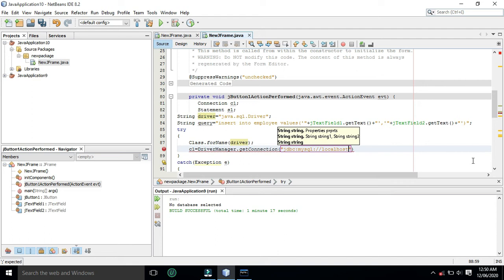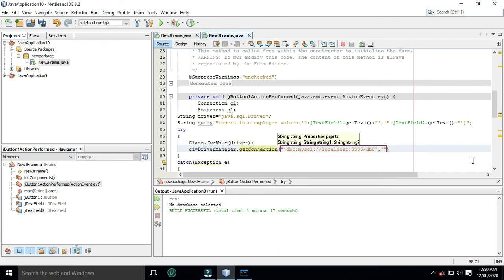Then a port number for MySQL, and then we have to specify the database name, and in our example the database name is DB8. Then we have to specify the username for MySQL, that is root, and the password, that is Raju.